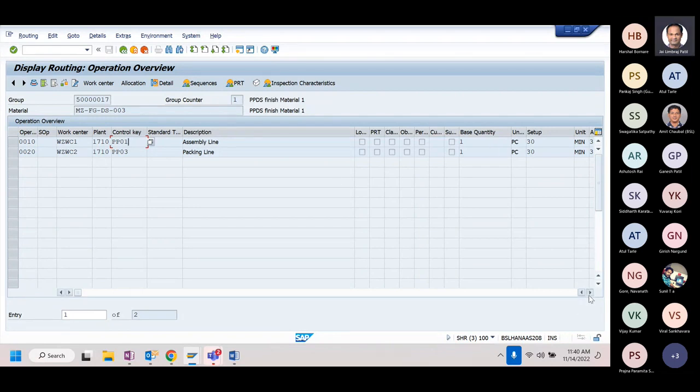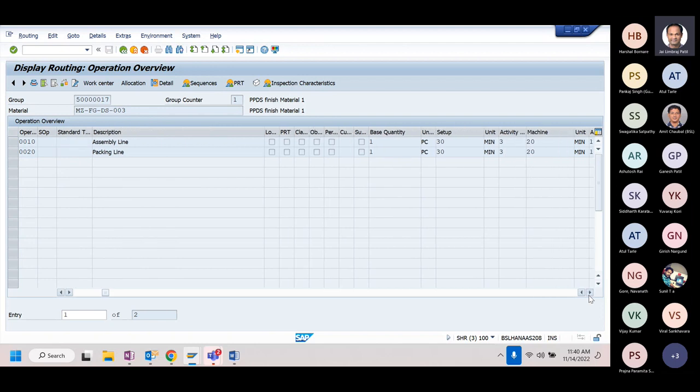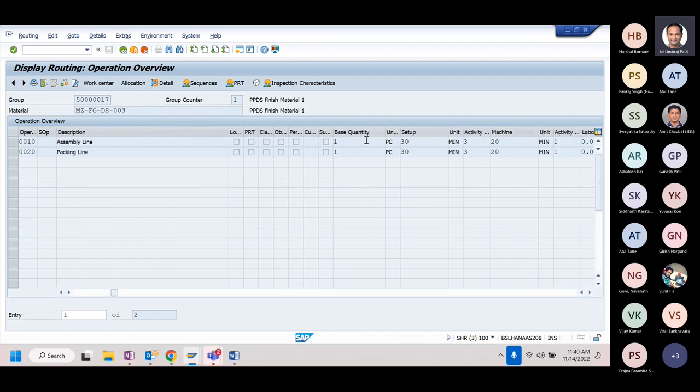And then the important thing along with this is the base quantity and the timings here. Okay, so we'll focus on these two timings. So one is the setup. So what it says is that for the one quantity of our FG, this is where the base quantity is. So for one piece of FG, we need to perform this operation 10,